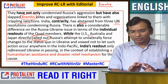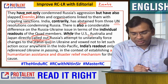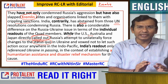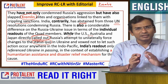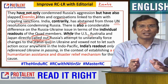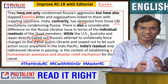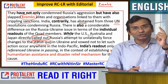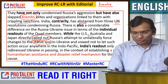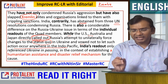Yes. ठीक है, so Russia's attempt to unilaterally force changes to the status quo. Status quo का मतलब होता है जैसा है वैसा रहने देना. I am sure you know, इन इंडिया जब बाबरी मस्जिद का बड़ा हल्ला हो रहा था, ठीक है, सुप्रीम कोर्ट ने जजमेंट दिया था that maintain status quo until we give a judgment. So they gave the judgment around 2019. ठीक है, 2019 में जब उन्होंने अपना जजमेंट दिया, उसके पहले 1992 से 2019 तक it was a status quo which was maintained. ठीक है, so that is, they have vowed not to let the action occur anywhere in the Indo-Pacific region,